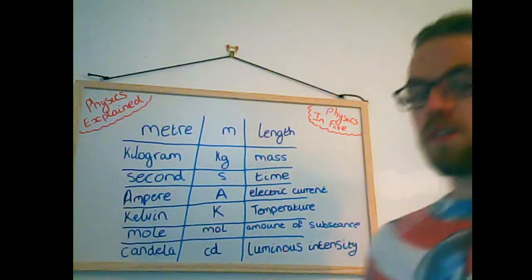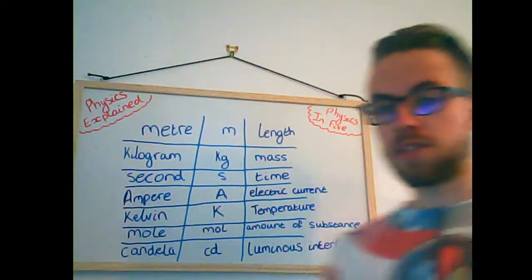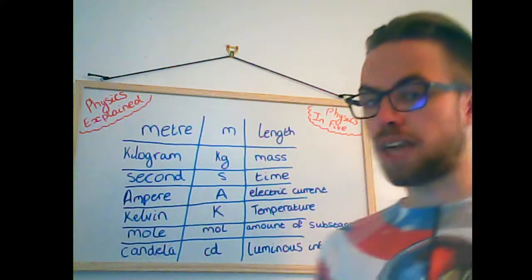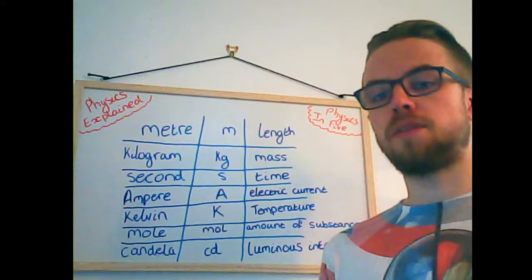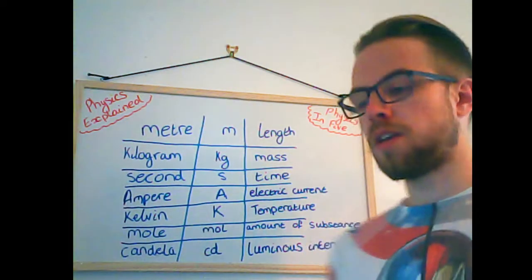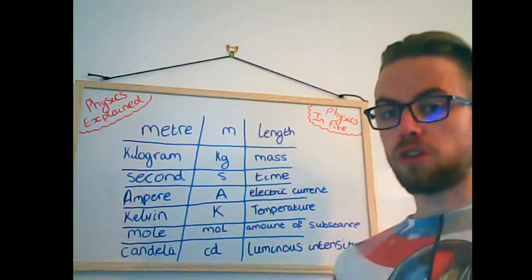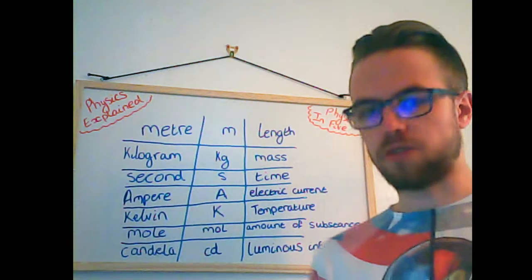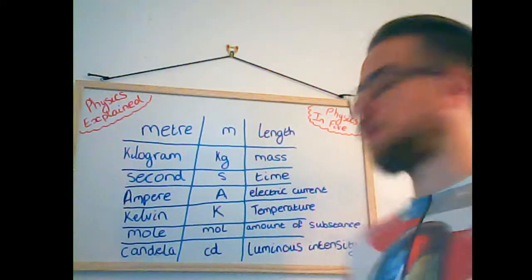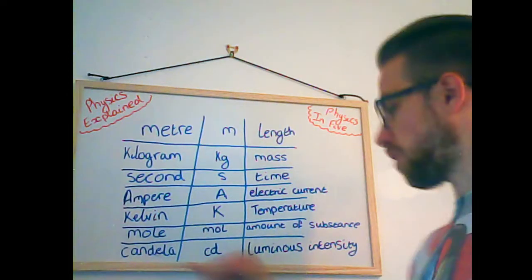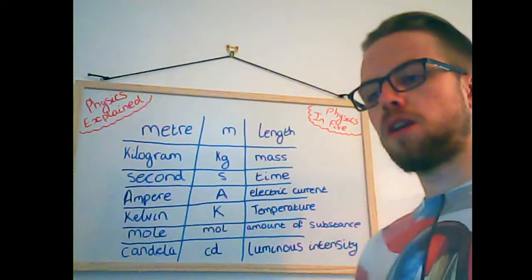Now you might have heard of this last one. It's to do with luminous intensity, which is the intensity of light. Natural light mainly is what it's based on, but it's often used to reference torches. So we often hear 1,000 candle torches, and the candela is defined with the CD symbol, but it's defined as